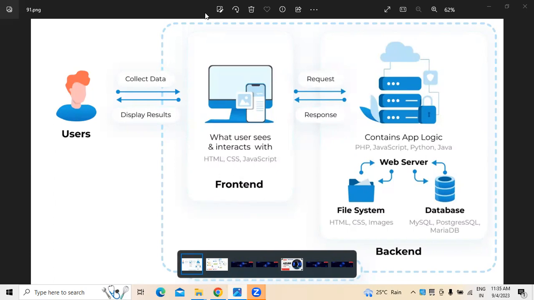When we understand software architecture, it is all the high-level components of a system and how they interact with each other. All these things come under the software architecture part,